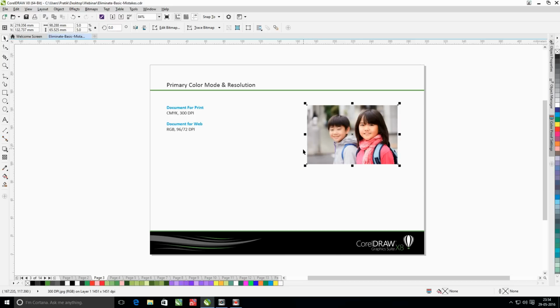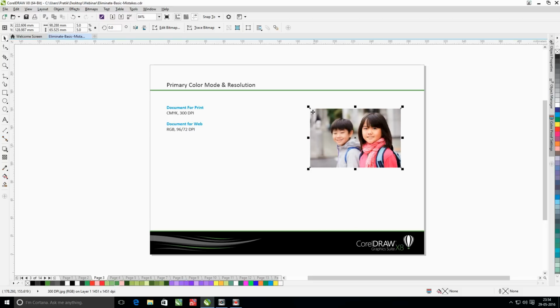Let's say you are using it for this size, and if you notice in the status bar, the resolution of this image has increased to 1451, which is generally not required for a pre-press job. What is needed is a 300 dpi image to get a good output.